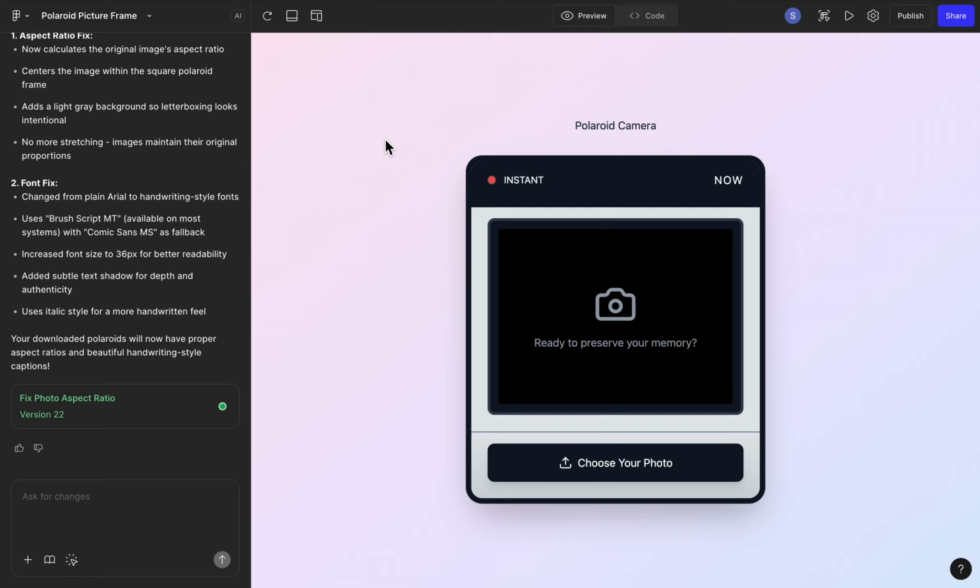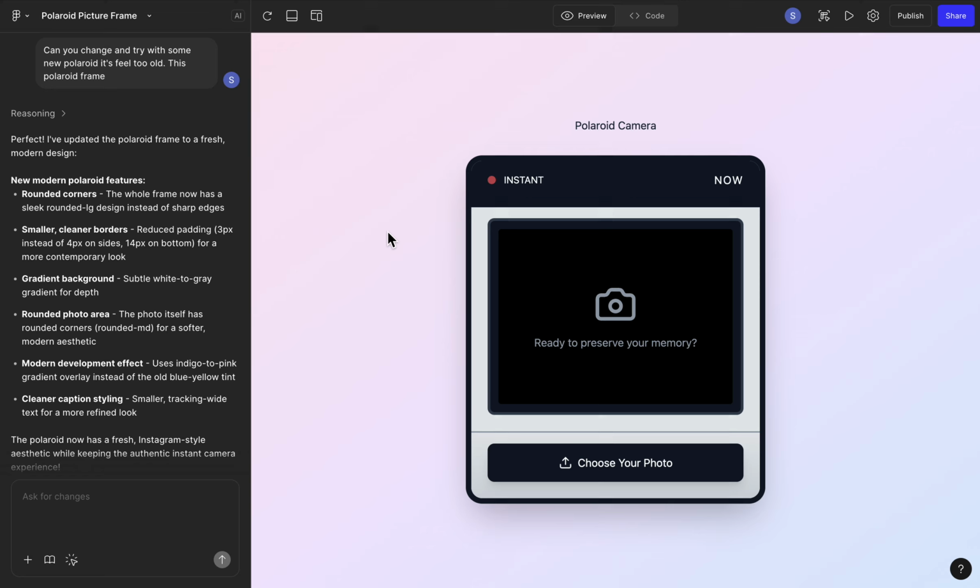In today's video, I'm going to show you a small demo of a product that I'm building, and it's completely built on Figma Make. On the left-hand side, you can see the prompts that I've added. It's a very small, I don't even call it a product, I would call it a test app, where I try to create a Polaroid